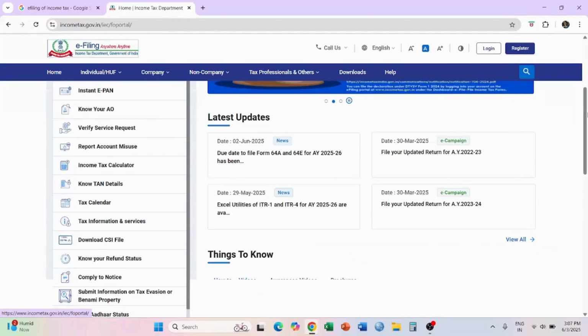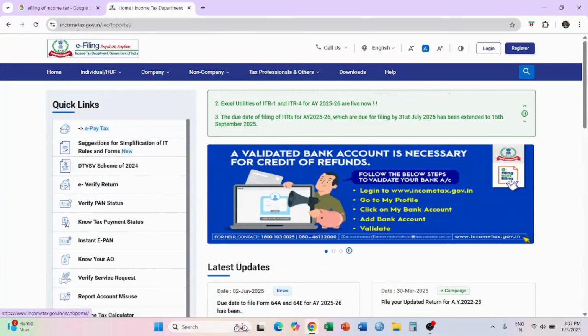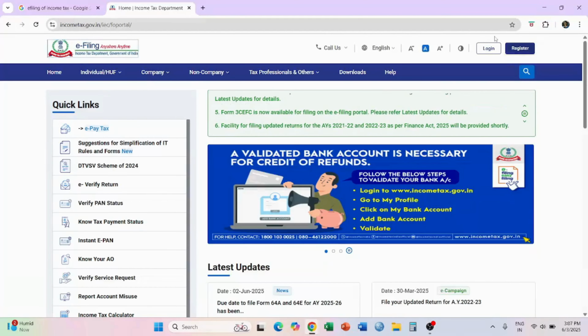Here we find it's an e-filing portal. As we can see, the link is given over here, and here we get the login option. So here we are going to log in. Click on this login and we get loaded inside the income tax portal.